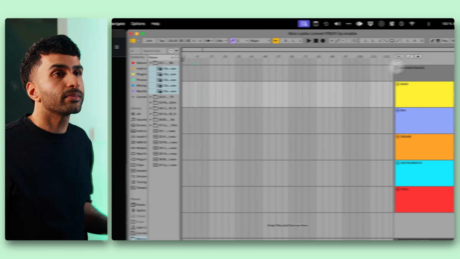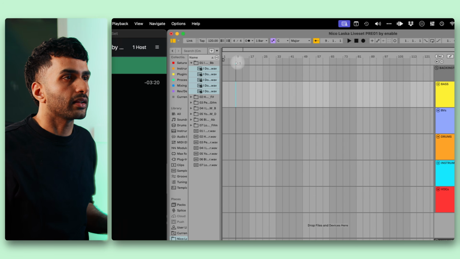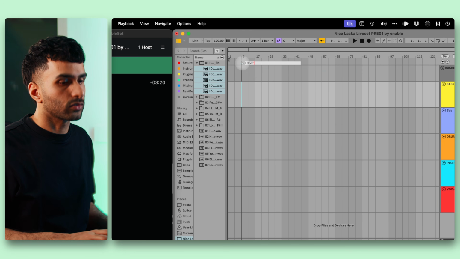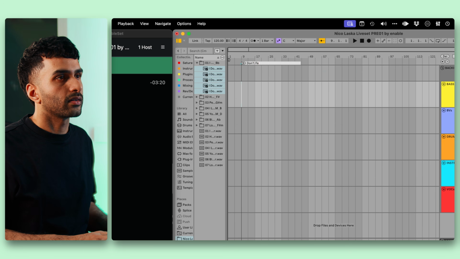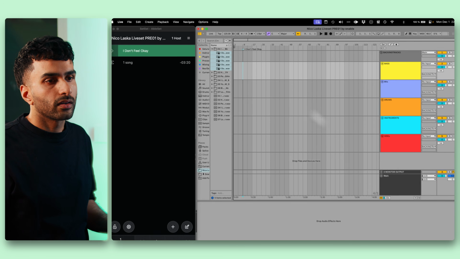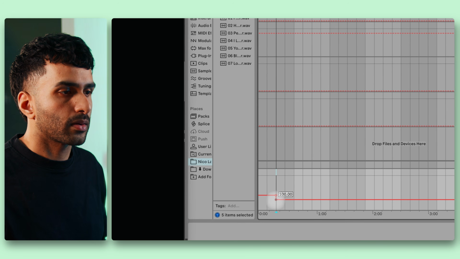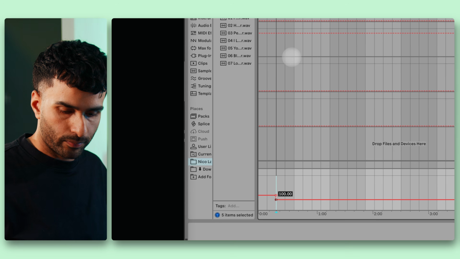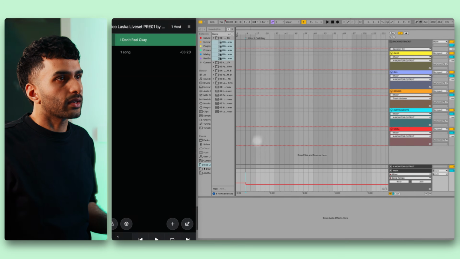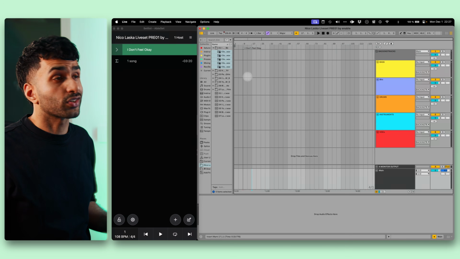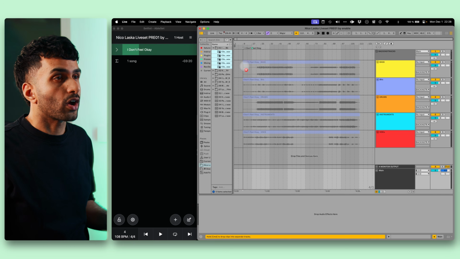To add a new song, I'm going to insert a locator at an empty spot in my Ableton Live session, and I'll name the locator according to my song's name. Next up, I'll add a tempo automation to match my song's tempo. Now, AbleSet recognizes this locator as the start of the song, so that's where I will drop my backing track